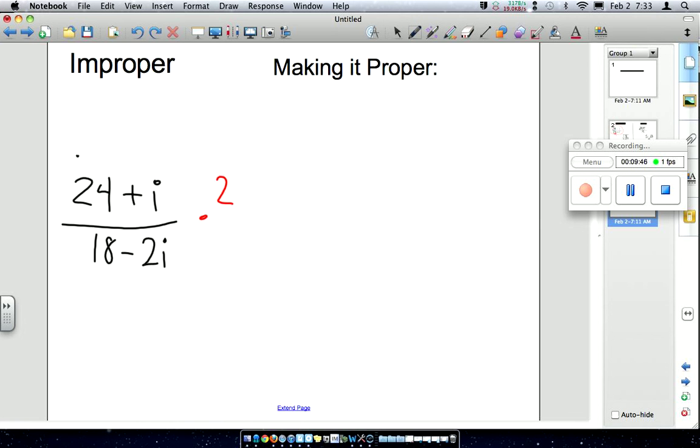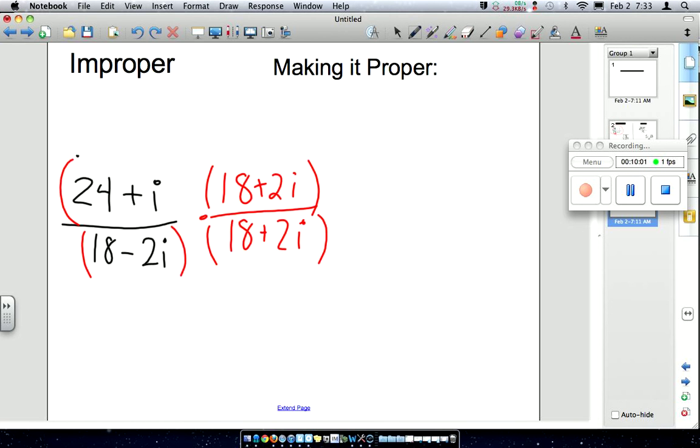by 18 plus 2i. It has nothing to do with the top, so I'm only going to be multiplying by the conjugate of the bottom, because the bottom is what I'm worried about. Okay? Keeping in mind that when I do this, I want to properly FOIL, but on the bottom, simply going to be 18 squared minus 2i squared over the top, 24 times 18,